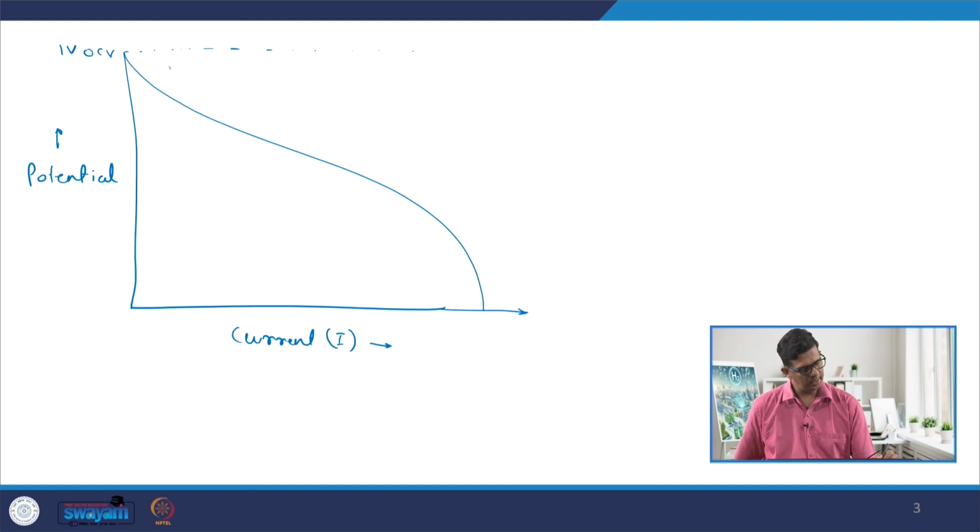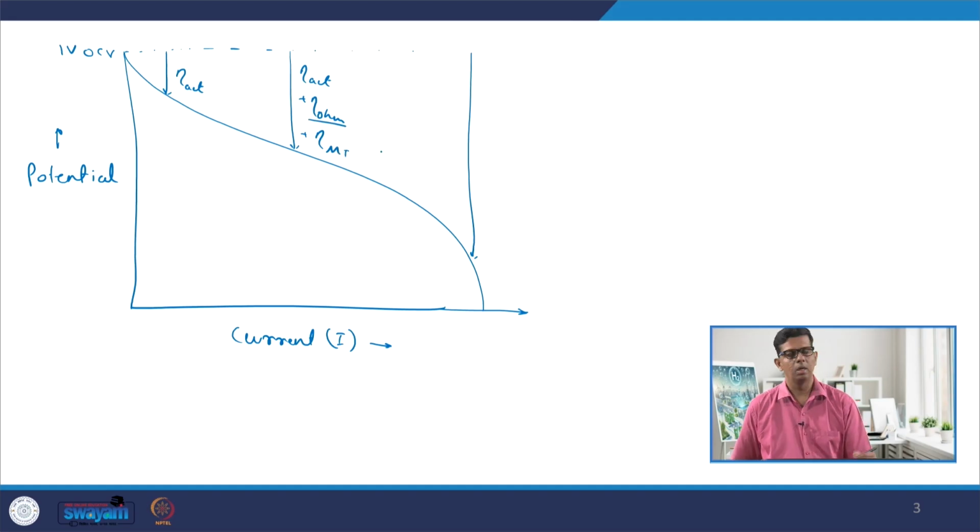So, with respect to the energy that we have, this is your eta activation, and as you go even further you have a few more losses coming into the picture. So, this is also eta activation plus eta ohmic plus eta mass transfer,